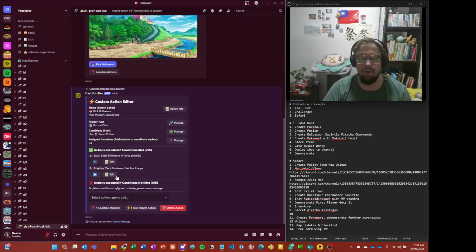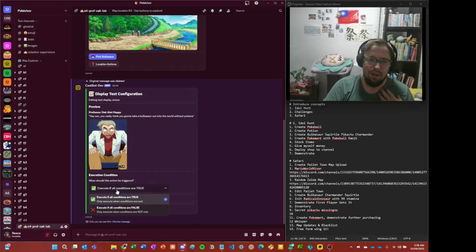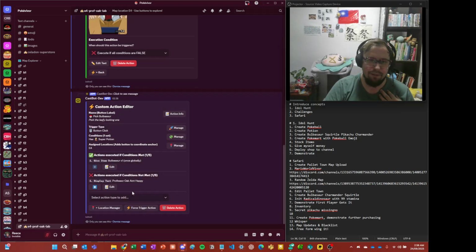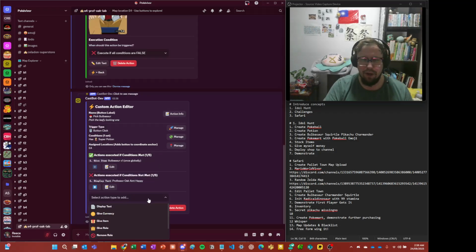But I messed it up because I made it a positive action. So if I have a super potion, that would display. But what I want is that if I don't have a super potion, I want Professor Oak to be like, bro, you need a super potion. So do that. So this says if I've got a super potion, give me Bulbasaur. If I don't have a super potion, be like, hey, what are you crazy? But I probably want to put a nice positive message in there if I get